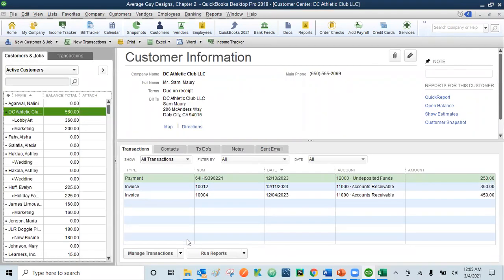So now we learned how to add a customer. We have learned how to edit a customer. The third thing that we are learning is how to delete a customer. So let's say if you want to delete a customer, it's very easy, but it is not advisable. Why is it not advisable? Because when you're working with customers, there is a history that keeps getting generated. Let's say you are working with a customer for a longer period of time,